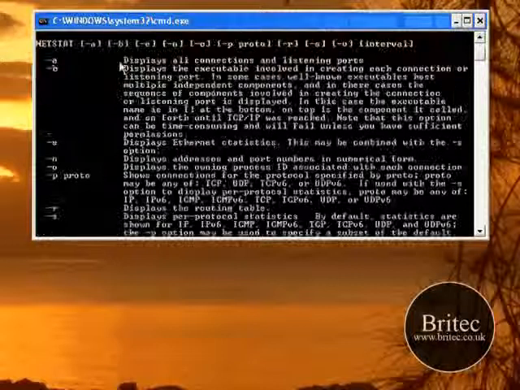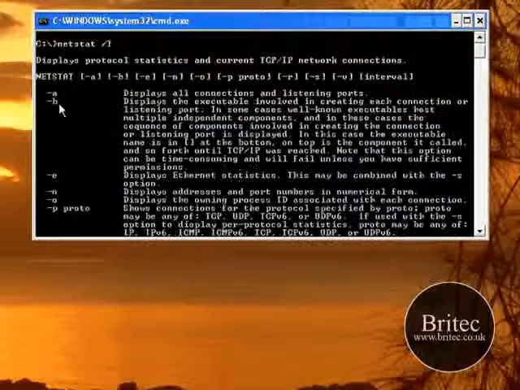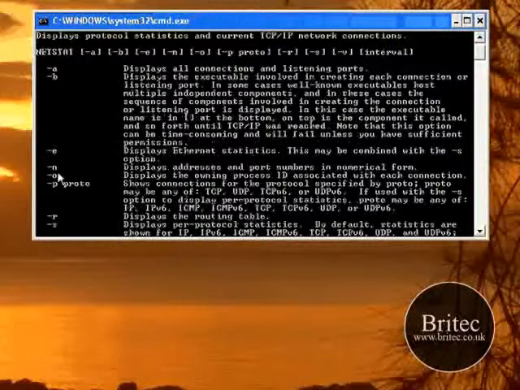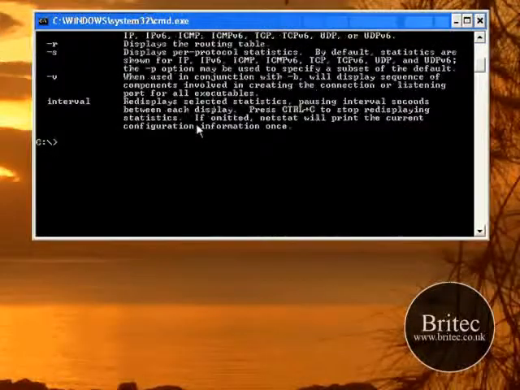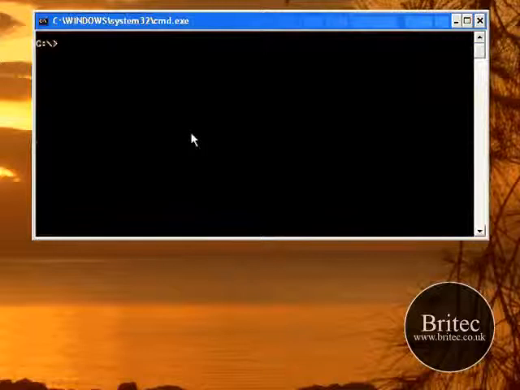That's going to give us all the little switches that we're going to be using, and I'm going to be using the A switch, the B switch, the N switch and the O switch. I'm going to use all those and show you what they can do. Okay, so let's get started. So let's clear the screen and then type NETSTAT like so,